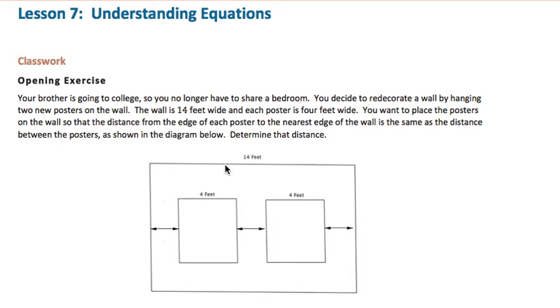So your wall is a total of 14 feet wide. You have 2 4-feet posters, and you need equal distances both from the posters to the wall and between the 2 posters. So in simple terms, if we have a total of 14 feet, and then we subtract 4 feet for each poster,